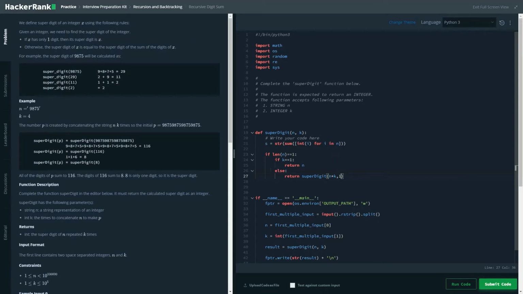Once the multiplication is done, the number is multiplied only one time. During the first instance it gets multiplied and you return that value, and so this step will execute only twice: once at the starting, and once at the ending when the value of k is equal to 1.